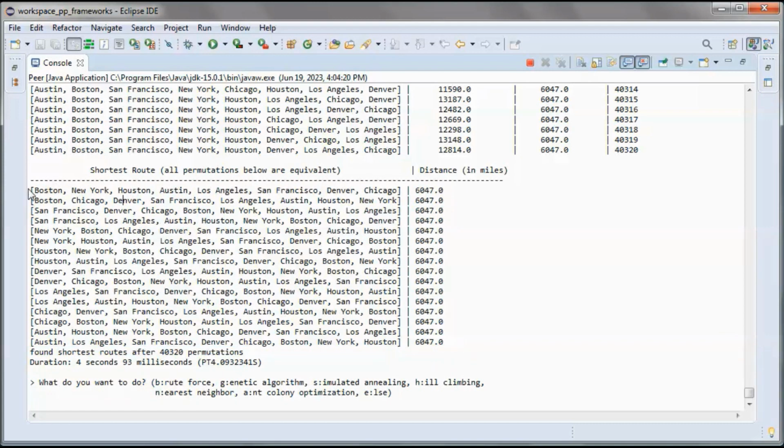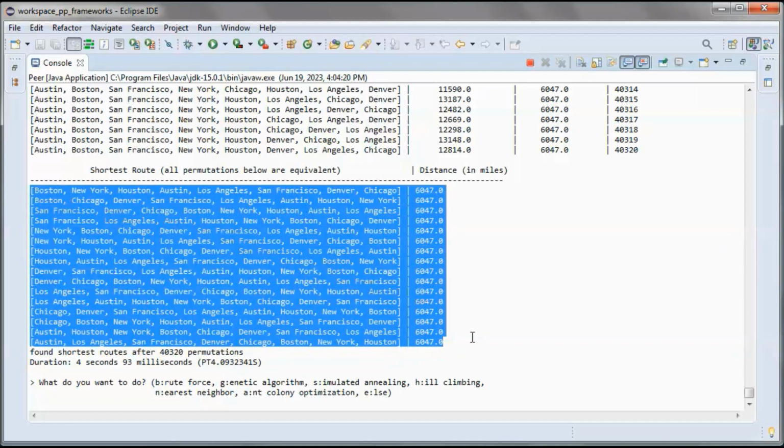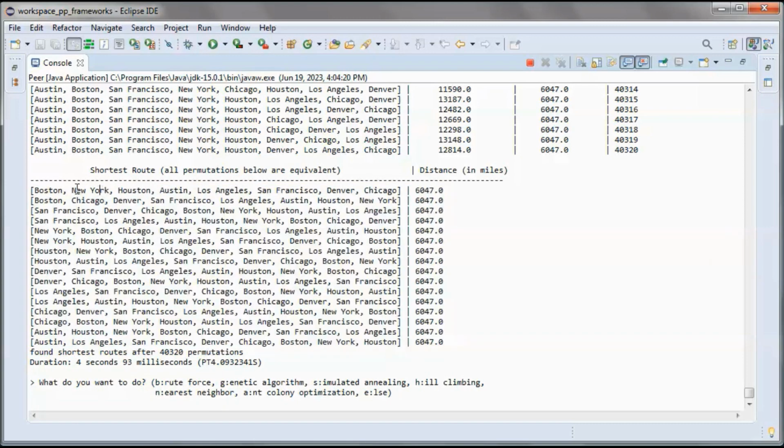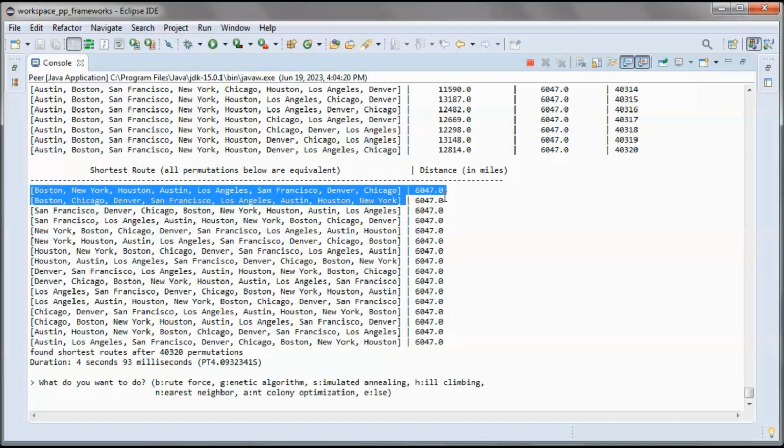And those are the same that we found when we did peer-to-peer, except it will take shorter time, since each one of the peers will only do 7 permutations of 7 cities, and find the shortest routes among those 7 cities, and then add the starting city and find the shortest route for the 8 cities. And we add the starting city at the beginning.